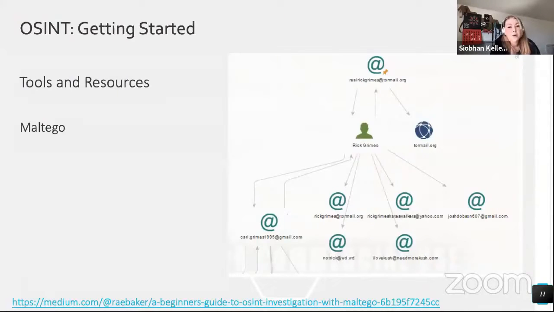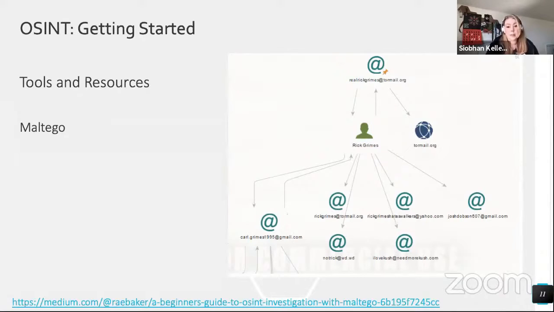So tools. Maltego is a really great resource to help you organize artifacts, but also find and link artifacts. They have a really great community edition for personal use that's free. It has built-in tools to harvest people-specific information like networking activity, email addresses, phone numbers, and so on through an API. It does take some work to get it set up if you want to hook up the additional APIs, but it's not a lot of maintenance after you get it initially set up.